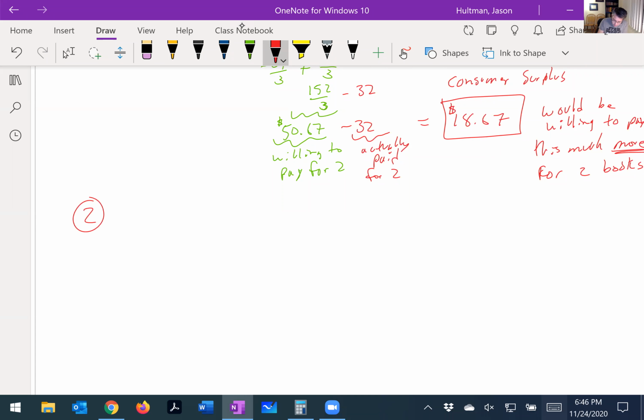Let's look at number 2. An art supply store sells sketch pens and its supply function